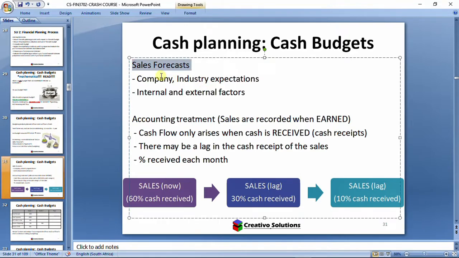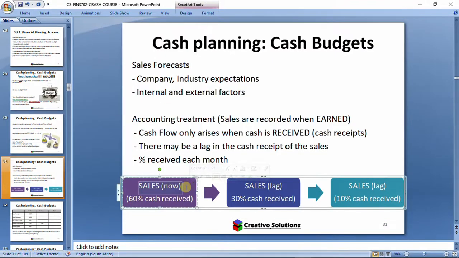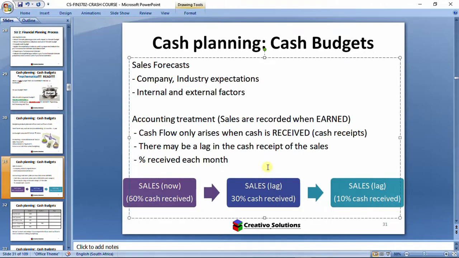Sales, they generally ask you to amend or change. You'll see questions where they talk about a sale. I sold a certain amount of goods today, okay? A portion of it was cash, okay? And then the rest of it is debtors. Right, do I receive that money today if I'm selling goods on credit? No. All right, so if I collect 60% of the sale today,